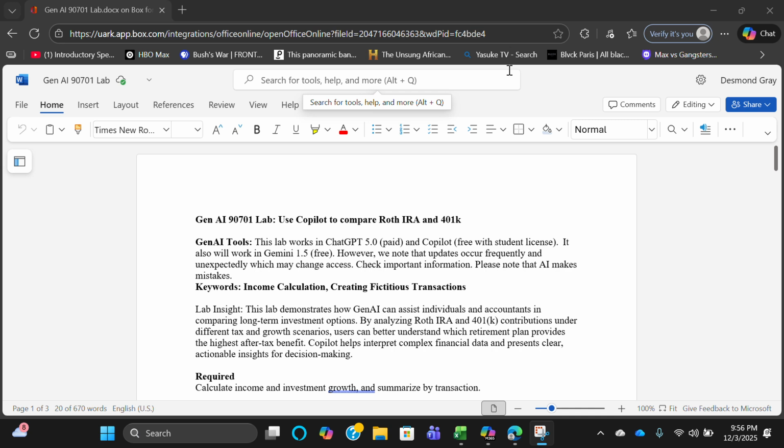my GenAI lab that I created. And for my lab, we're going to be using Copilot AI to compare the difference between Roth IRA and 401k. As you guys can understand, the reason I chose this is because we're right around the corner of starting our careers. And it's very, very good to start early in your investments, especially you want to retire at age 65